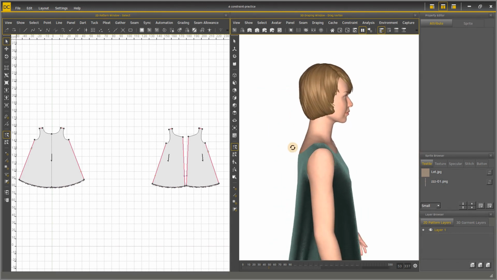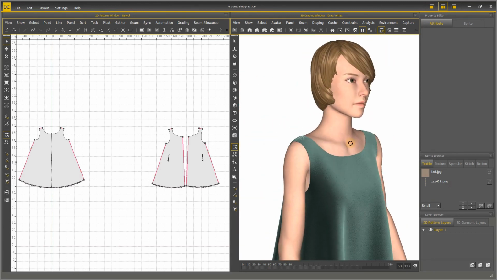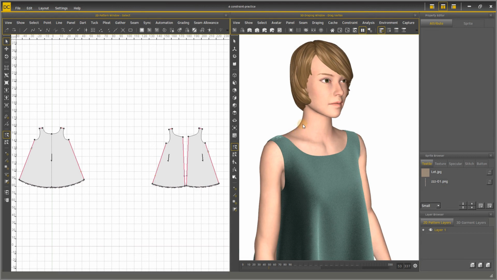After the garment is back to a satisfying position, we can use a function in constraint to make sure the neckline is attached to the body while doing simulation.